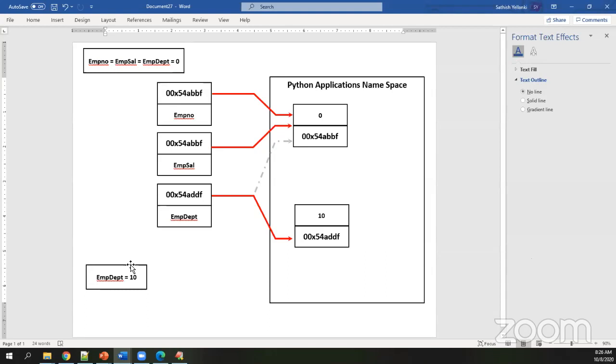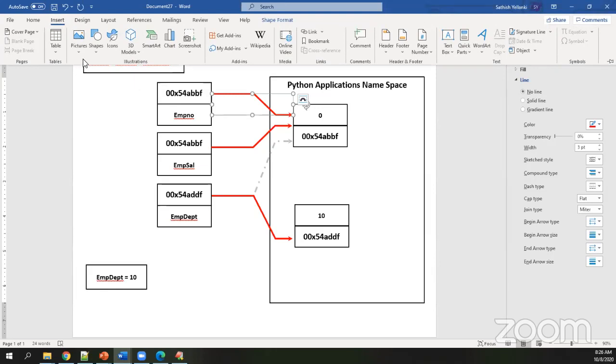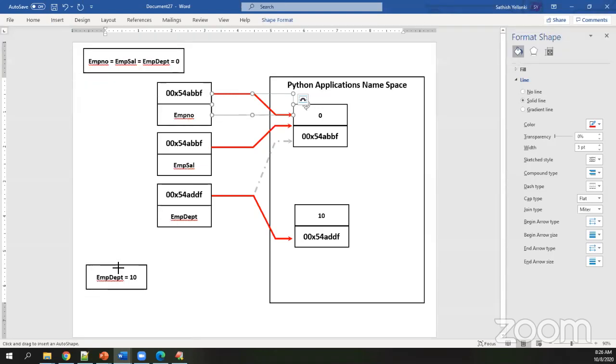So you need to understand that criteria. The moment you have done this, you have clarity on how it makes a dereference from that location and shifts to the new area. The remaining two variables will still be looking towards the old location.